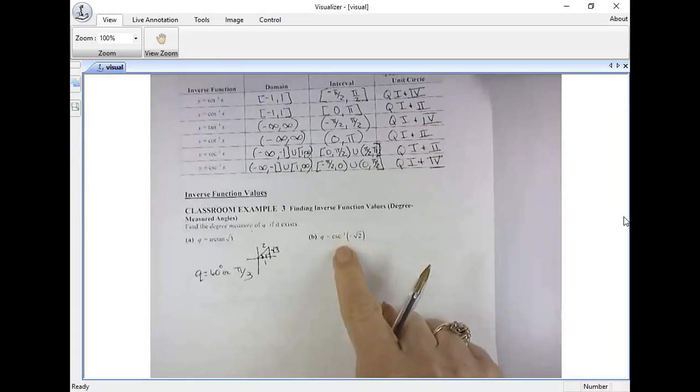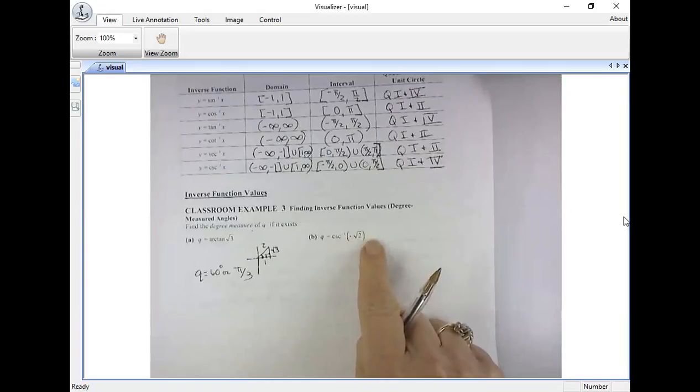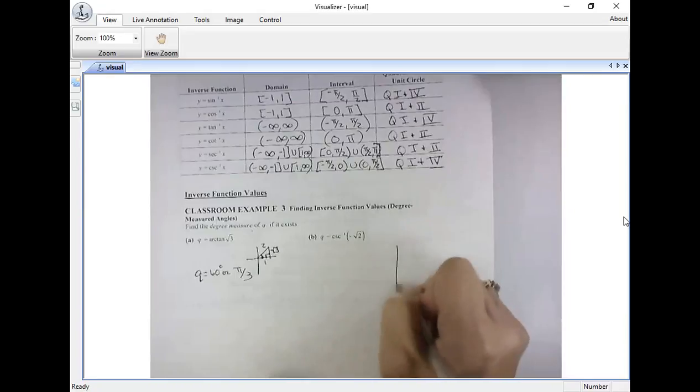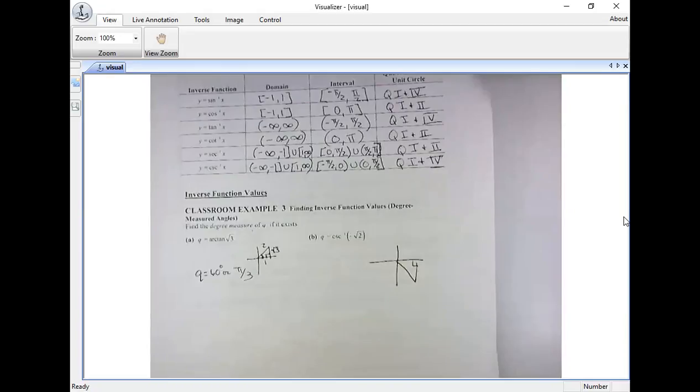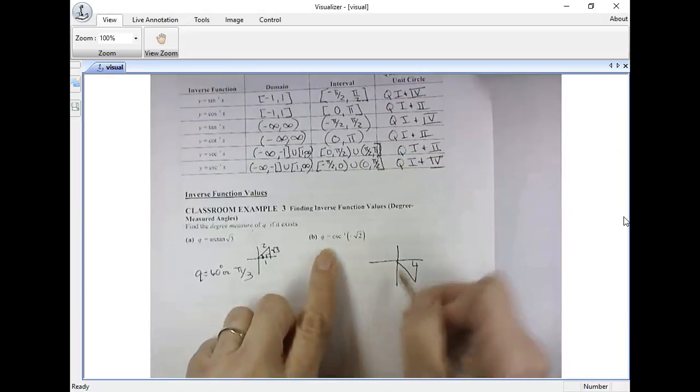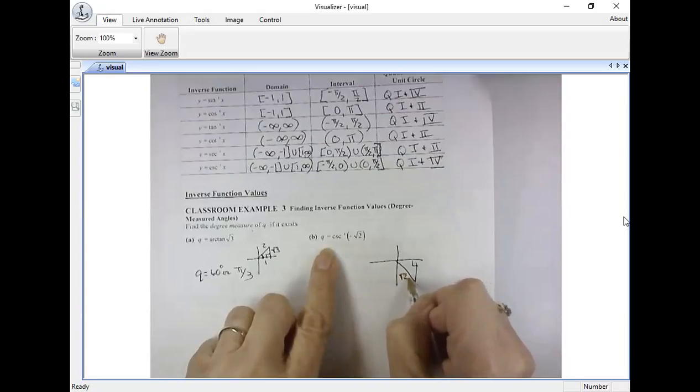Okay. Now, talk to me about this one. I want the angle whose cosecant is a negative square root of 2. All right, if cosecant has a negative ratio, which quadrant am I in? I'd have to be in quadrant 4, right? Okay, so cosecant is what over what? Hypotenuse over opposite, because it's the reciprocal of sine. So if I can think what sine is, then I'll reciprocate it. So since it is hypotenuse, which is square root of 2, over opposite,